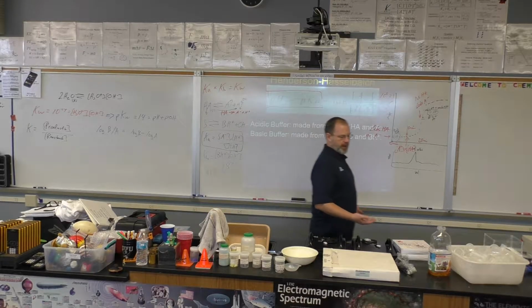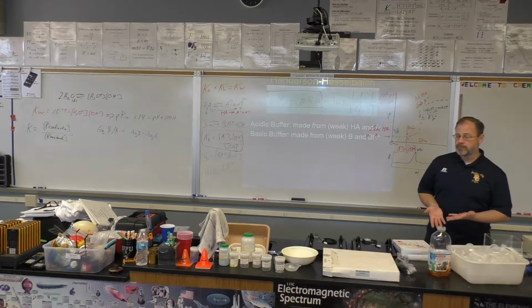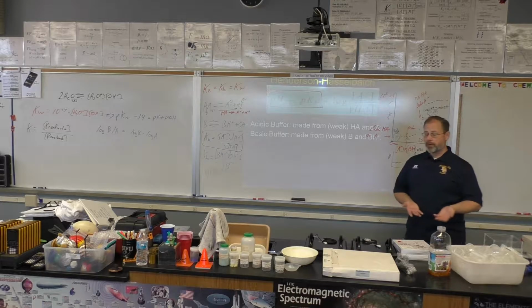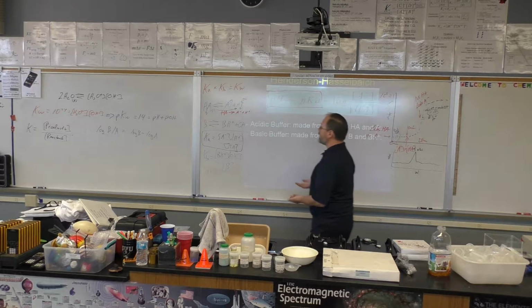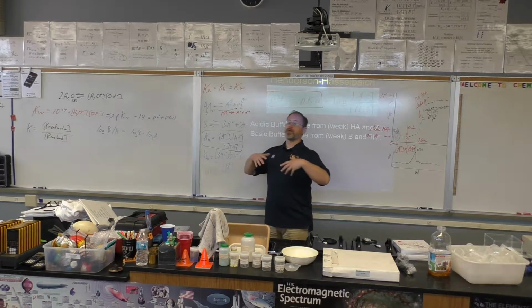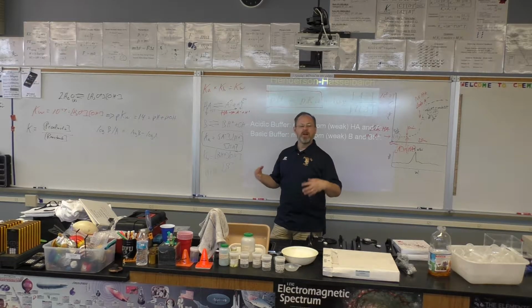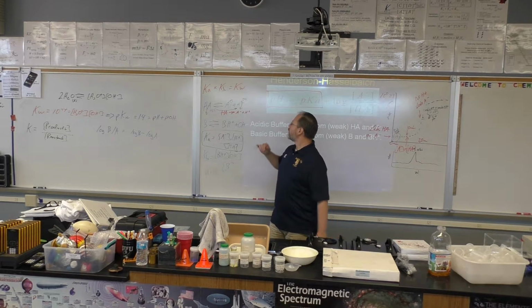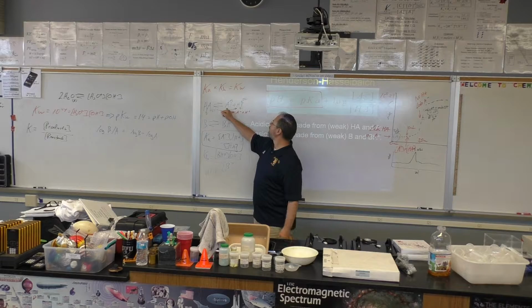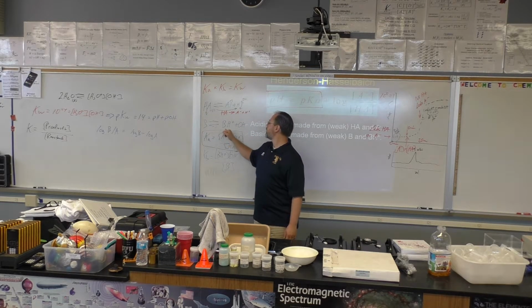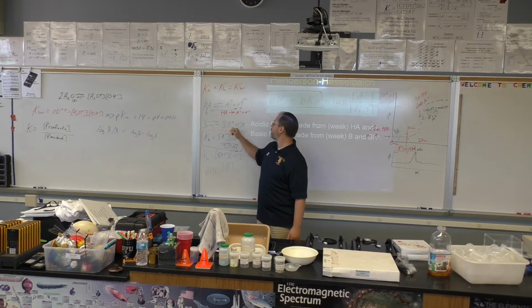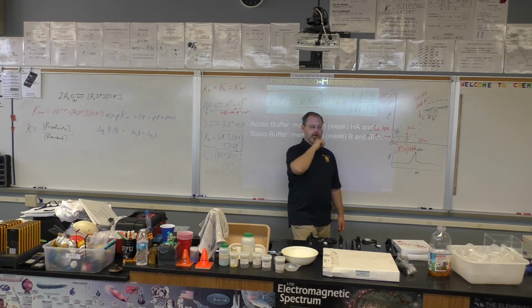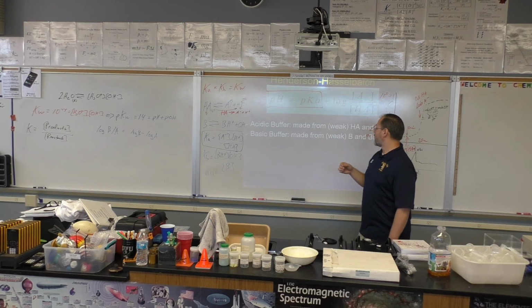Okay, so let's summarize. We've learned that strong acids don't produce any conjugate base at all, or the base they produce isn't very basic at all. Strong bases produce a conjugate acid that's not really acidic at all. Weak acids are in equilibrium with their acidic anion and H+. Bases are in equilibrium with their conjugate acid and OH-. When you are doing a titration equation